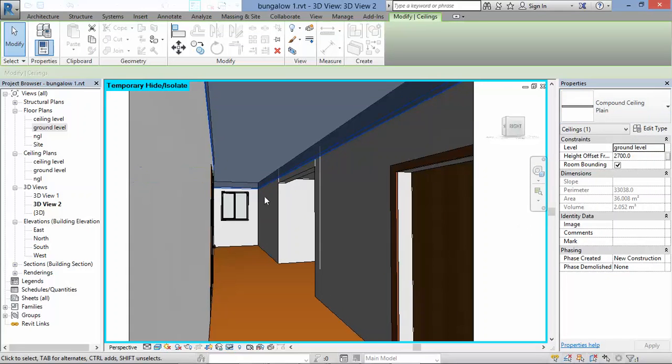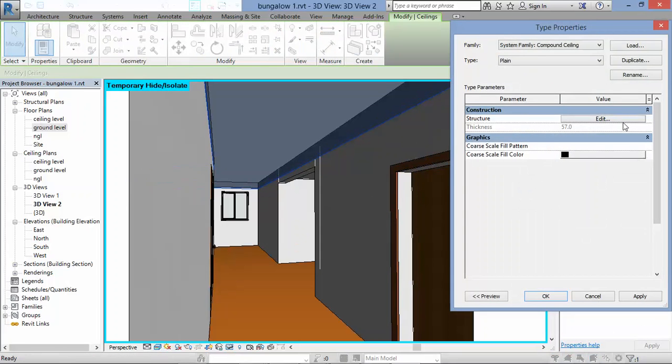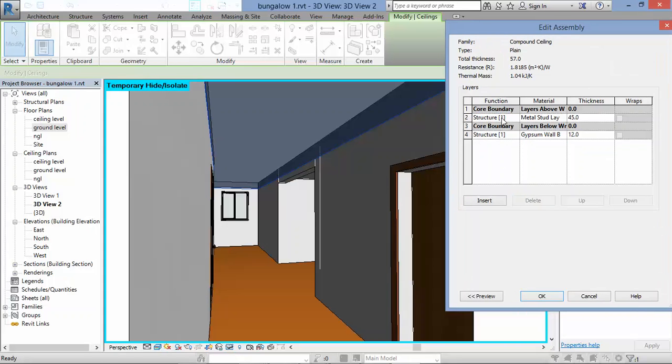Now you can change the color. It seems that this one is gray. Let's change the color. Edit type, edit. I'm still going to teach you how to apply materials to your wall, but I just want to show something in this one. So this gypsum board, that's the ceiling board. You click on it,